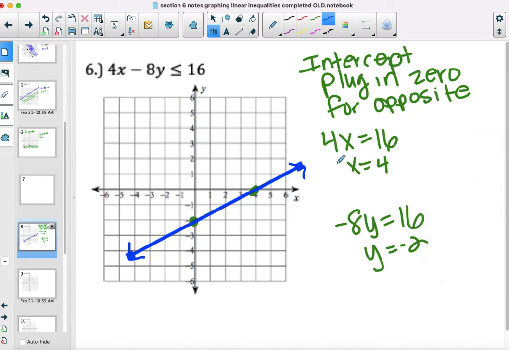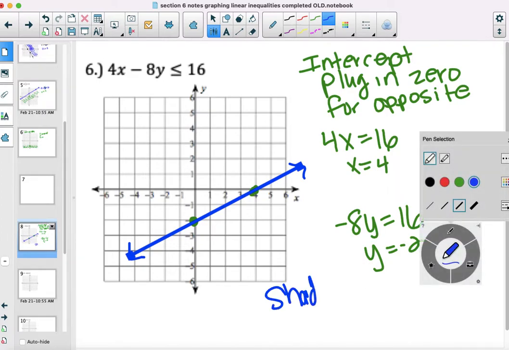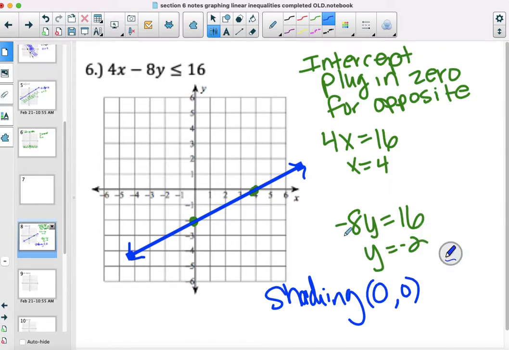Okay. And so now we need to decide which side to shade. And so for shading, right, we're going to plug in the ordered pair 0, 0. So sometimes that is confusing. To find intercepts, you plug in 0, 1 at a time. But now to decide where to shade, we're going to have to plug in both. So again, just like we did in part 1,